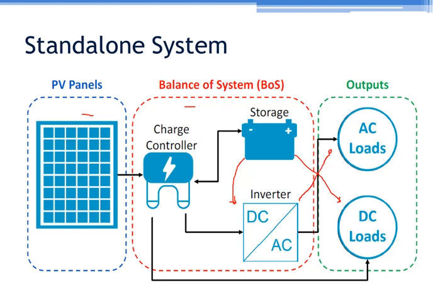AC load. So depending on kind of load, we have various options, whether you need storage or not, whether there is a battery or not, if it is standalone or grid connected, there are various possibilities. So for standalone system, we have a very simple option. We have DC load or AC load, then we have a panel, and in between we have charge controller, storage and inverter. BOS consists of charge controller, storage, that is battery, and inverter. And on output side, we need loads like fan, tube light, machines, computer or anything.